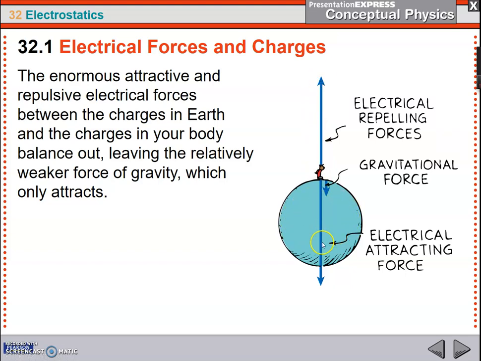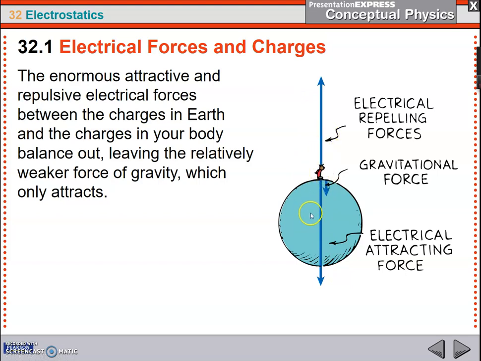But you have protons in you, and you also have electrons in you. So the electrons are pulling you down with the same force. Those forces cancel out. And if you just count electrons in the earth, it's the same thing. There's electrons in here, which push you up, and protons, which pull you down. So the end result is all those electrical forces, because there's positive and negatives, and some attract and some repel, they all cancel out. So you just sit there on the surface of the earth.